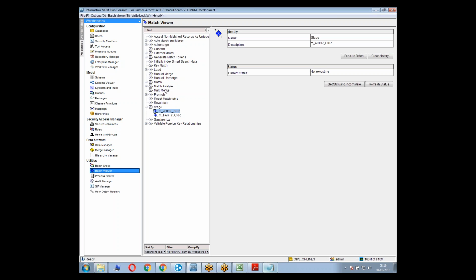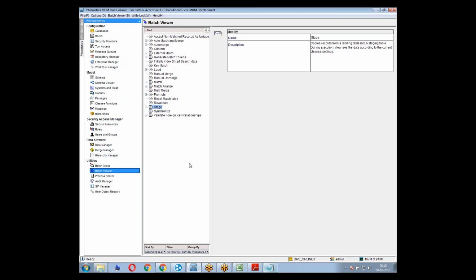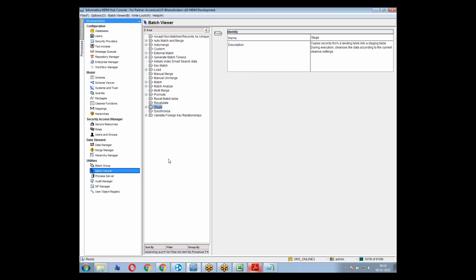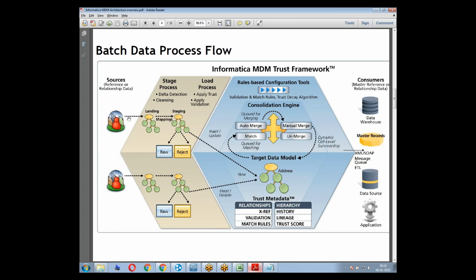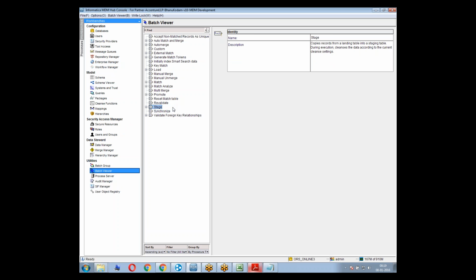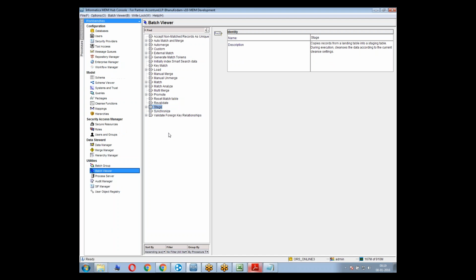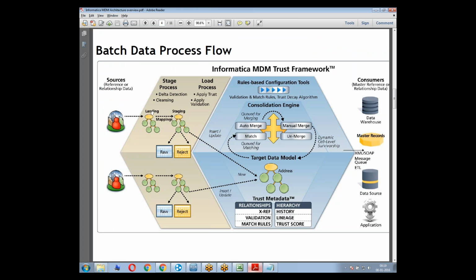You do not have to concentrate on all of this, because let's go one by one and track it with the architecture. In the architecture, the job that loads data from the source systems into the landing table is not included here, because I already told you that's not the MDM headache. You use an ETL to load data from source systems to the landing table, and that job is probably in an ETL tool. You can use an external scheduler like AutoSys to kick off that job, but that's not in here. In here, things start with how to load data from the landing to